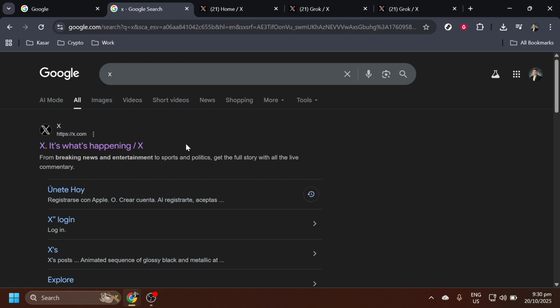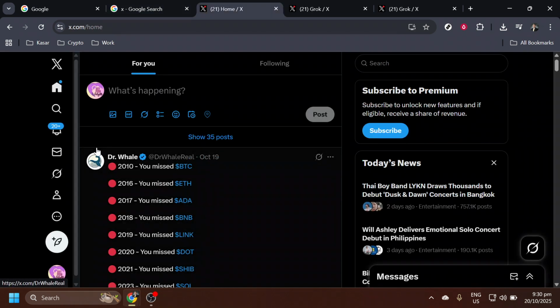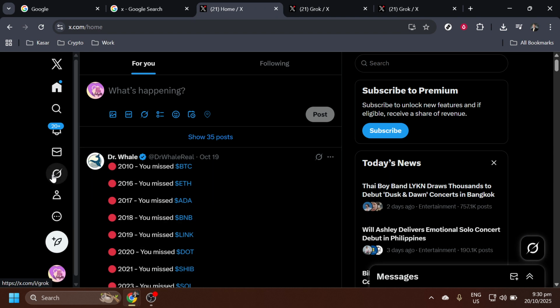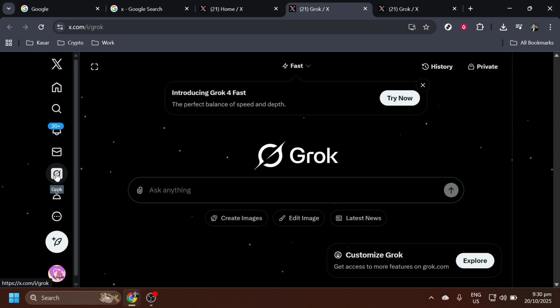Next up, go ahead and click on the first search result that appears, which should take you directly to Twitter's homepage. It's all part of the new, sleek design introduced since the rebranding. Once you're on Twitter's homepage, keep your eyes peeled for an icon that represents Grok AI. It might look like a stylized letter or a specific logo placed right at the top of your screen. Clicking on this icon is crucial because it'll open the doorway to a world of AI-assisted tweeting that's as exciting